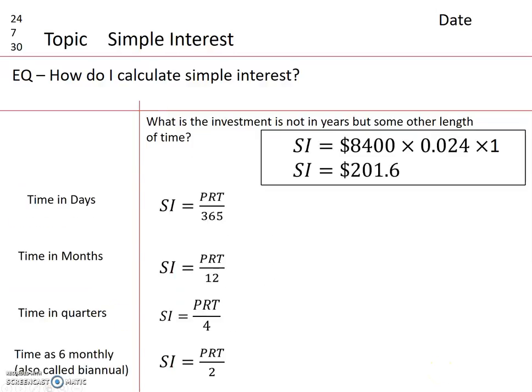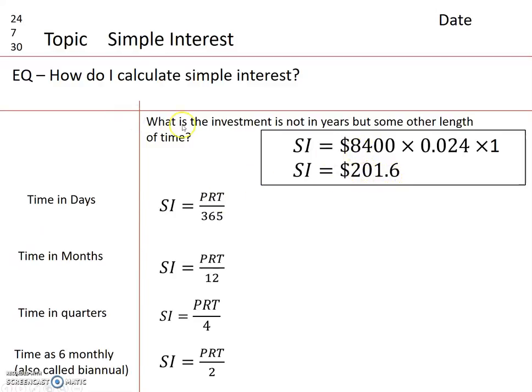Okay, so if we use our original example where the principal amount was $8,400 and our interest rate is 2.4%, and previously we were doing it for 5 years, but if we're looking at the investment over a length of time that's smaller than 1 year, we're going to have our T for time represented by 1, because we're going to divide it by 365 to find our time in days. So we're going to work through a few examples, but first off we can find the numerator, which is going to be